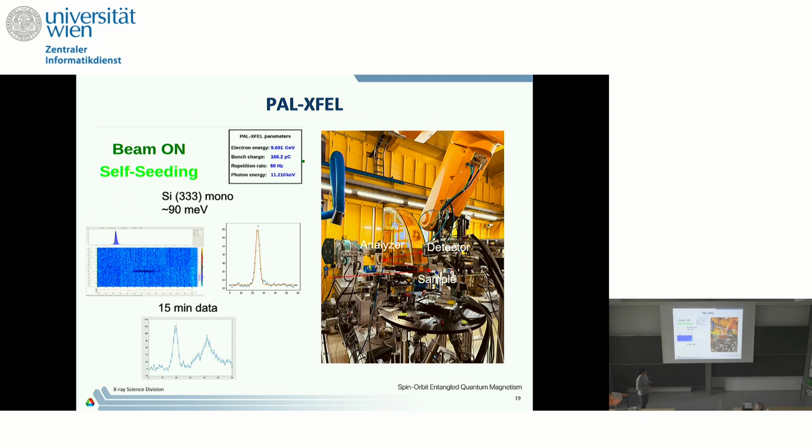Another try is time resolved, or Floquet, or laser manipulation of the system. To do that, we went to a free electron laser facility, and this time we achieved 90 meV. We found we can improve the resolution a little more, maybe to 30 or 40 meV. Anyway, we successfully achieved it, and with 15 minutes of data you can have the spectrum. So it's not very time consuming. You can see this is a single shot experiment.